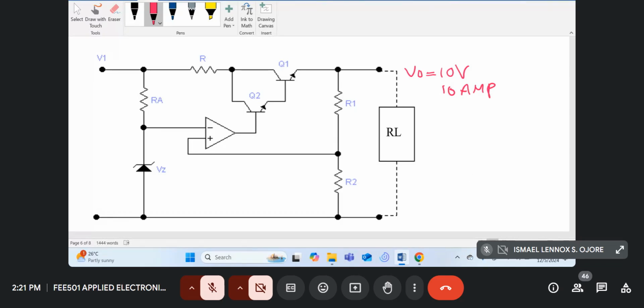And the input, you're told, can vary. Let me give a practical case, maybe from 15 volts all the way to maybe 40 volts. You've got an unstable power supply coming in. Then what I'm saying is that